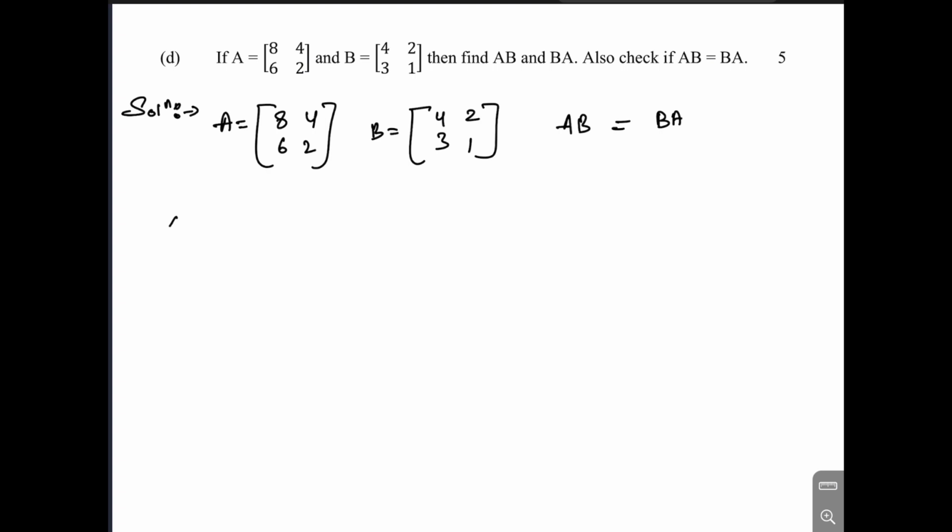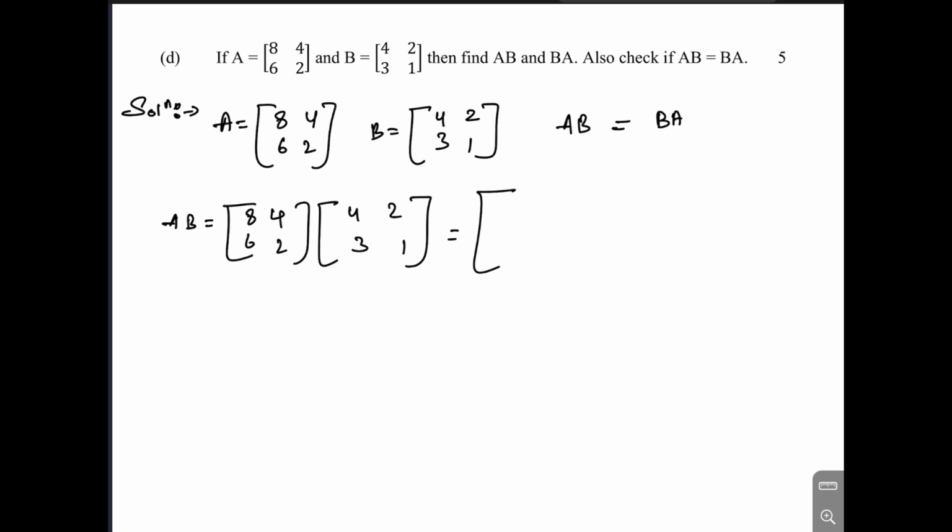Now let's try to multiply A into B here. 8462 into 4231. So after multiplication we'll get 8 into 4 plus 4 into 3, 8 into 2 plus 4 into 1. Similarly 6 into 4 plus 6 into